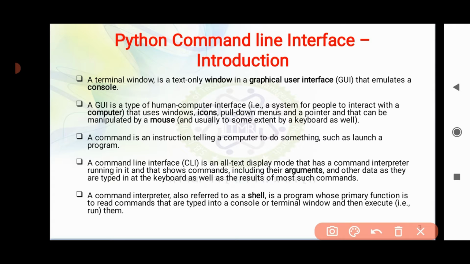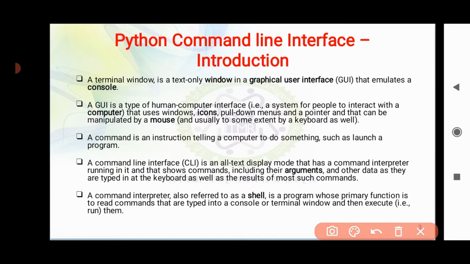So, in order to instruct the computer with different commands so that our computer system should work accordingly, because finally a program is nothing but a set of instructions that could be given to the computer in order to perform a specific task, isn't it? So, we can write our program in command prompt, which can also be referred to as a shell. Now what is a shell? Shell can also be called a terminal window.